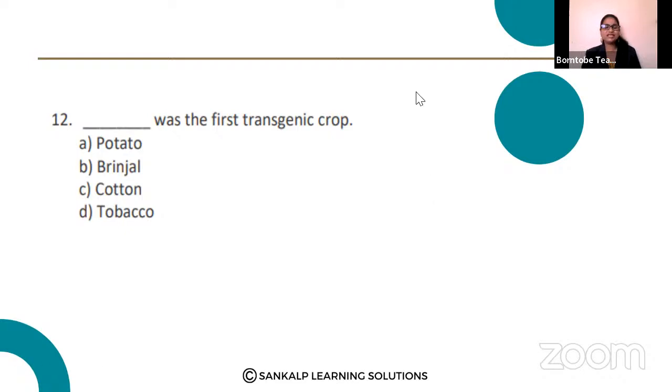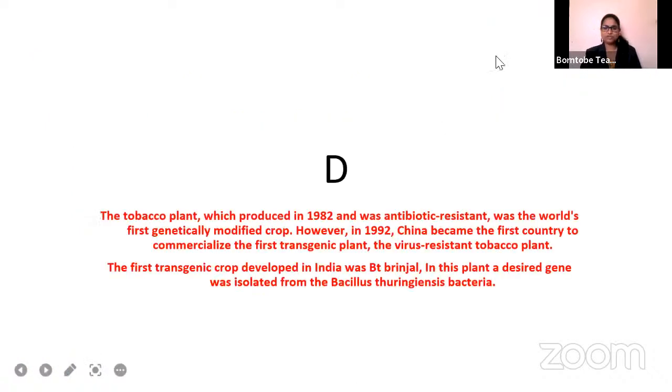Fine. Option D, that is tobacco, is a right answer. The tobacco plant which was produced in 1982 was antibiotic resistant and was the first genetically modified crop. So in 1992, China became the first country to commercialize this tobacco plant. The first transgenic crop